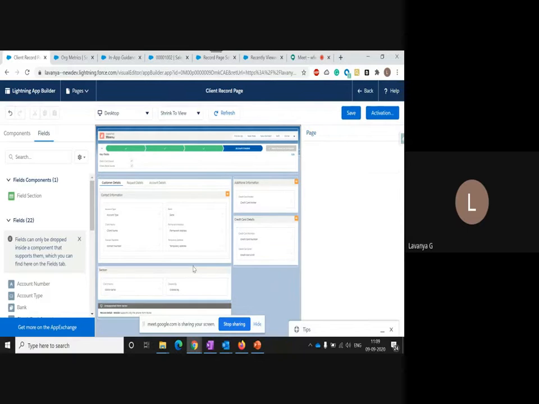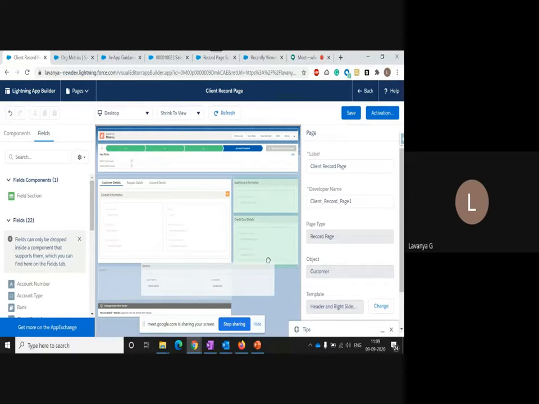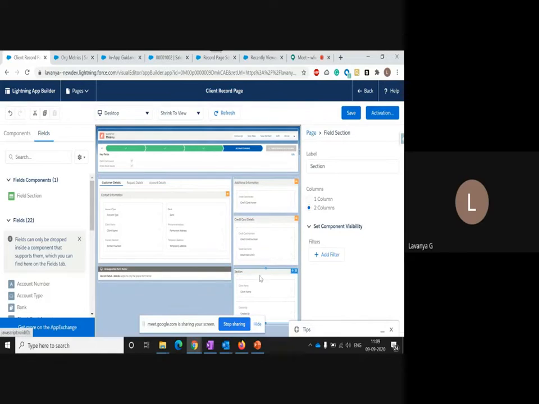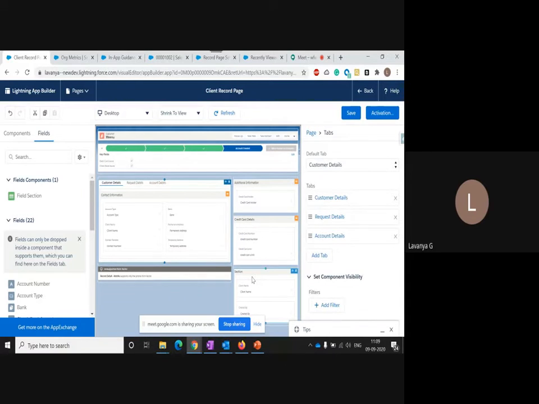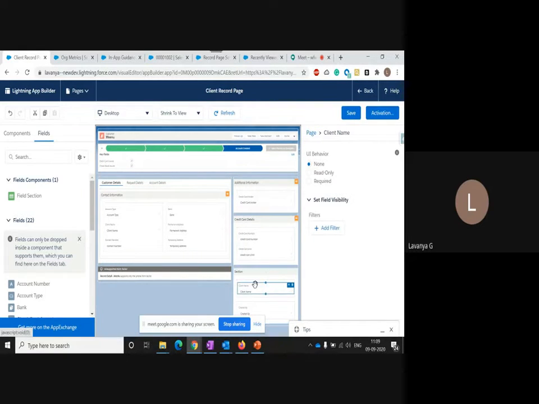So if you want to move this anywhere, you can do it. Yes. So there is no restriction. You can paste your fields wherever you want. That's how. So if you click on this one, the other option that you can see is, yes, this is the UI behavior.